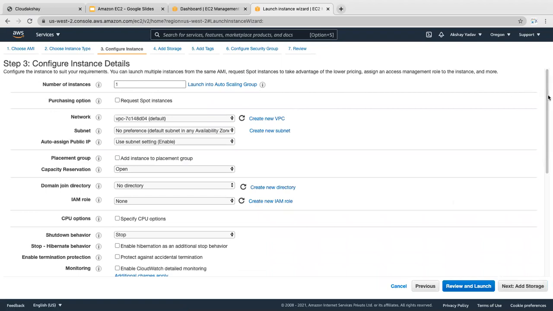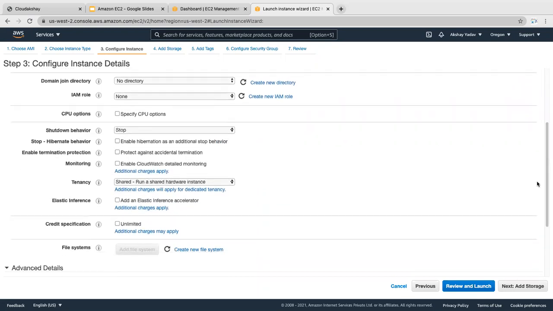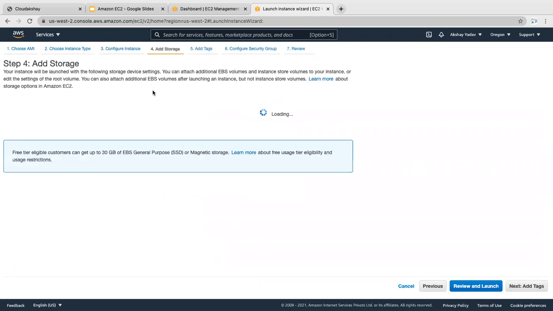There is some default data for the instance. If I need to launch 2 or 3 instances into an auto scaling group, then I use the same configuration, and 2 or 3 instances are launched. And here I can select the VPC. We will see these things in the next session: how we can customize these and how to secure our data. So I keep the defaults, and next is add storage.